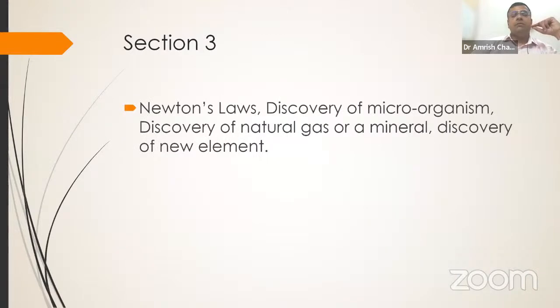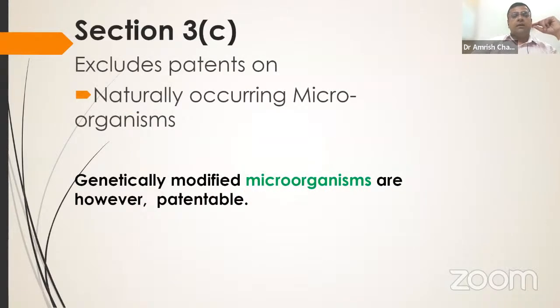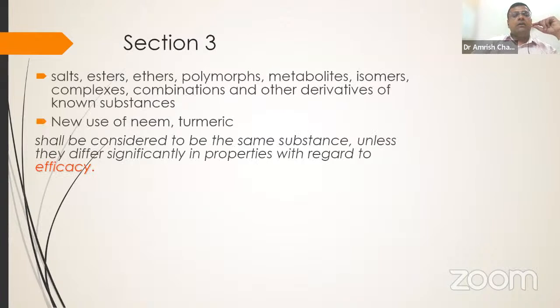If you happen to be something like Newton or Galileo, and you discover some laws, such things will also not be patentable. So you might get a lot of accolades, you can even get a Nobel Prize, but when it comes to patent, you will not get one, because these are laws and these are principles. If laws and principles are patented, nobody will be able to use them. So the government does not allow you to patent such things. And